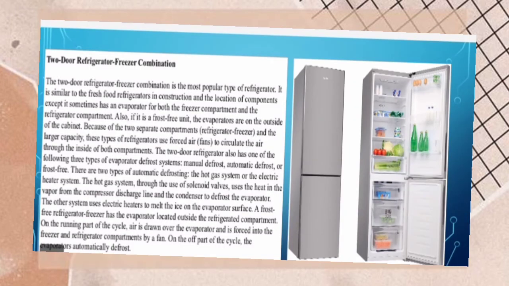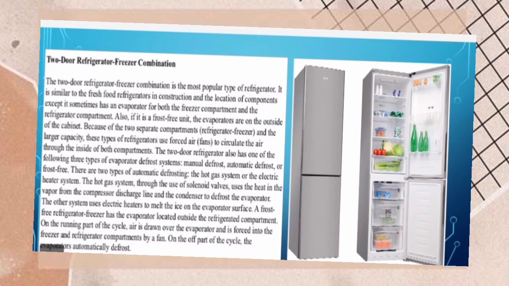Next is the two-door refrigerator-freezer combination. The two-door refrigerator-freezer combination is the most popular type of refrigerator. It is similar to the fresh food refrigerators in construction and the location of components, except it sometimes has an evaporator for both the freezer compartment and the refrigerator compartment. Also, it is a frost-free unit. The evaporators are on the outside of the cabinet because of the two separate compartments, refrigerator, freezer, and the larger capacity. These types of refrigerators use forced air or fans to circulate the air through the inside of both